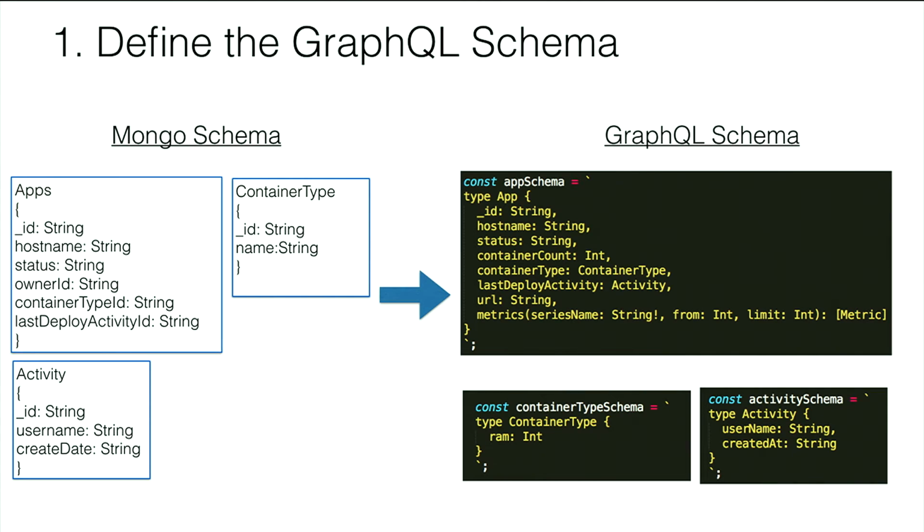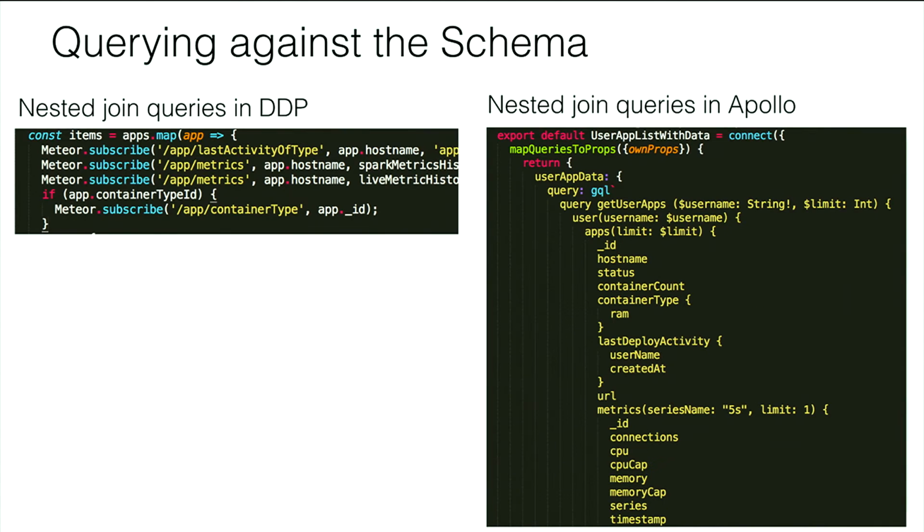So defining the schema is very similar, and you can basically map what you had from collections in Mongo to a GraphQL schema. The difference and the benefit is when you start writing queries against it. And so this is an example, again, pulling from the code,